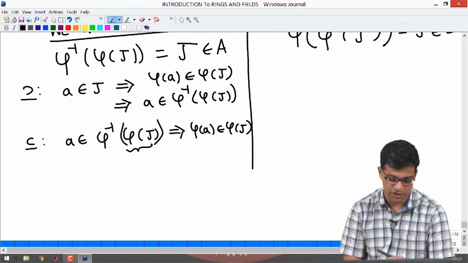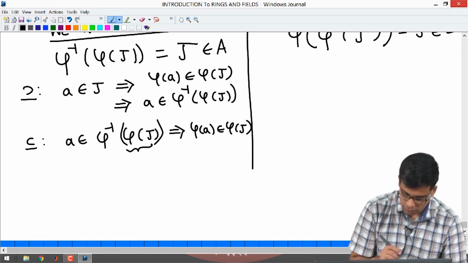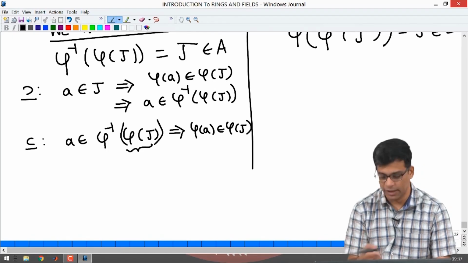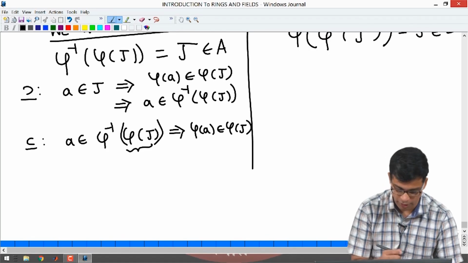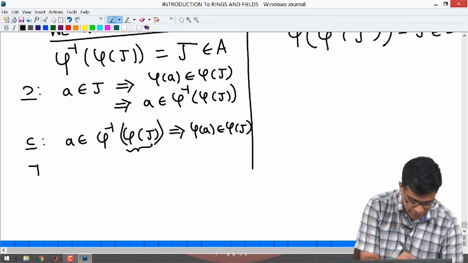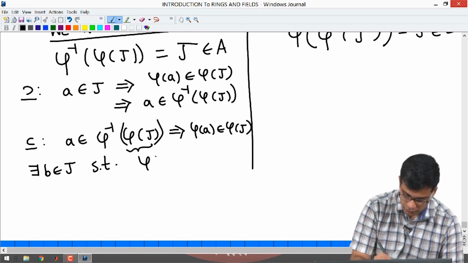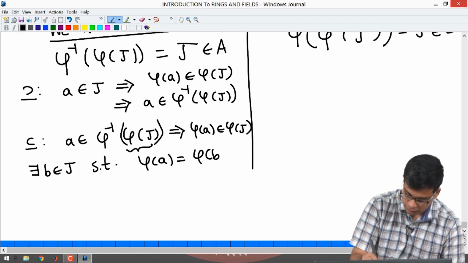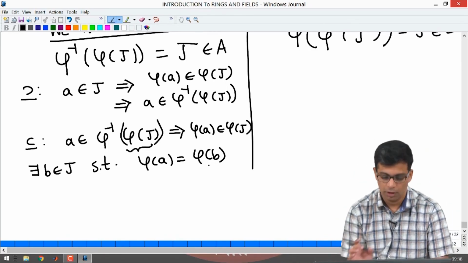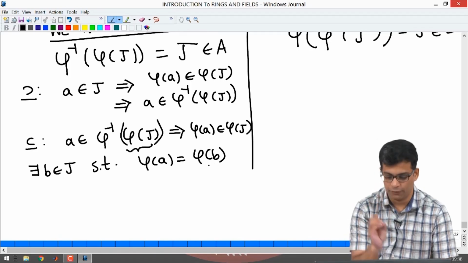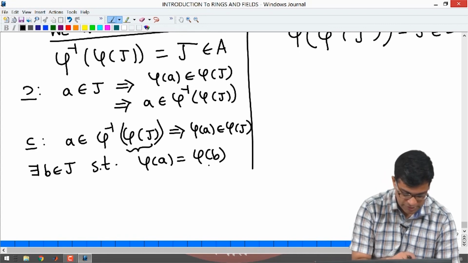So, if something is in the inverse image of phi j, that means its image is in phi j. But then we can't immediately conclude A is in j, because phi of A is in phi of j does not in general mean A is in j. However, what it means is that there exists a B in j such that phi of A equals phi of B, right, because what is phi of j? Phi of j is by definition phi of all elements of j. So, phi of A is equal to phi of B for some B in j,